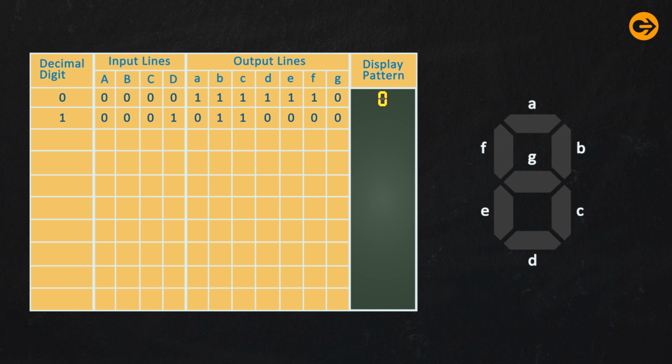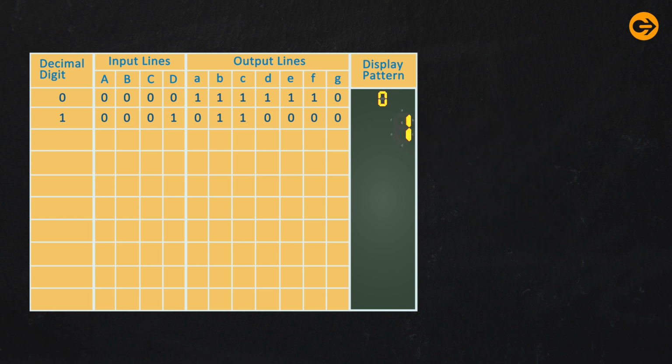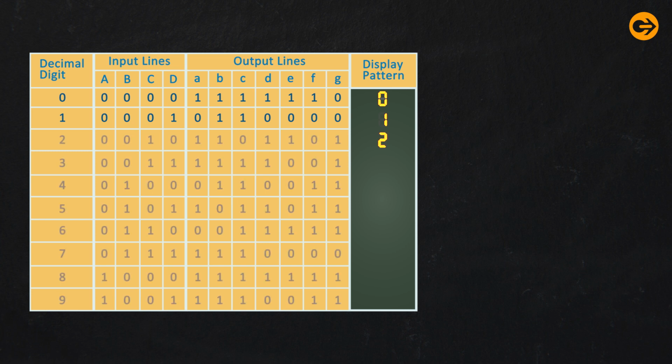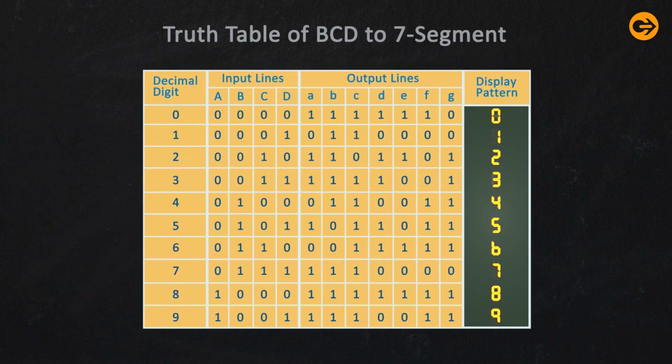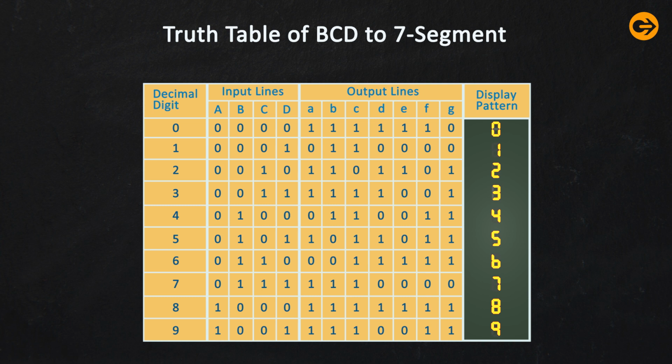Now we see when we want to convert 1 base 10, we get 0, 0, 0, 1 in binary or BCD. Now when we convert it in 7 segment, we see that the LEDs B and C will glow for shape 1, whereas A, D, E, F, G is equal to 0. Similarly, for the remaining conditions of the binary equivalent of the decimal numbers, the corresponding LEDs will glow. This can be shown in the table called the truth table of BCD to 7 segment.